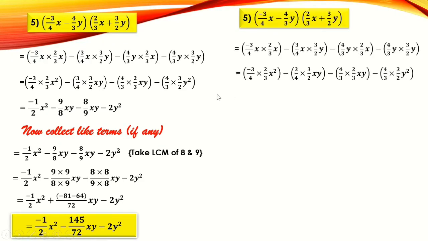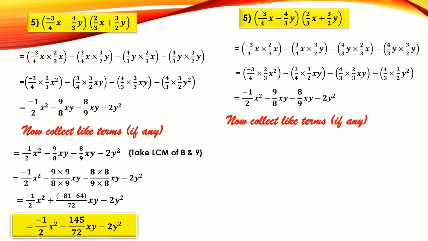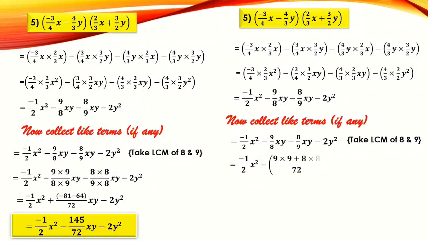Till here the same steps are there, so I'm just skipping. Now, when we are collecting the like terms and taking the LCM, how I'm doing it here in a different way is like, maybe you also adopt the same method. I have taken the LCM, 8 times 9, 72. But see, I have put the bracket over here. And since I'm putting the bracket, the sign in between the two terms I have changed. That is, as it was minus, I have changed it to plus because I'm using this bracket.